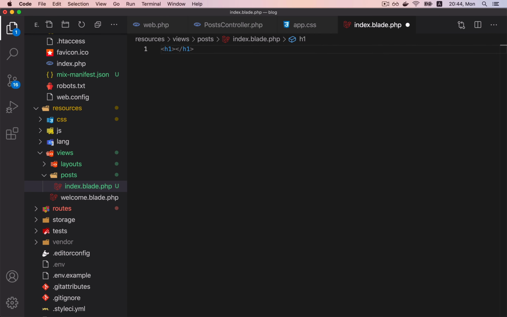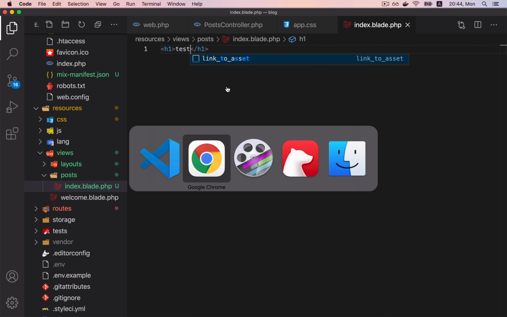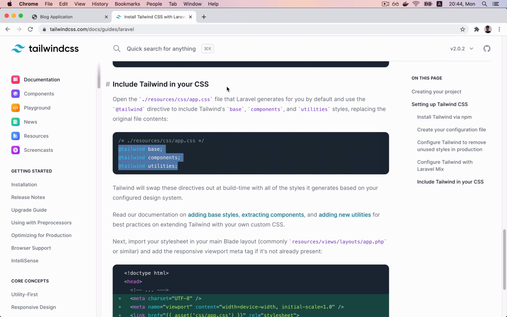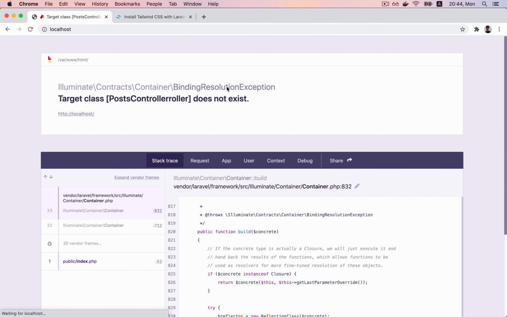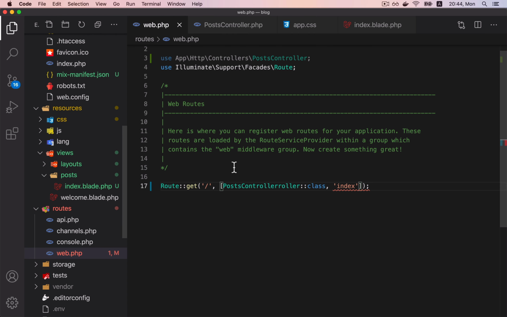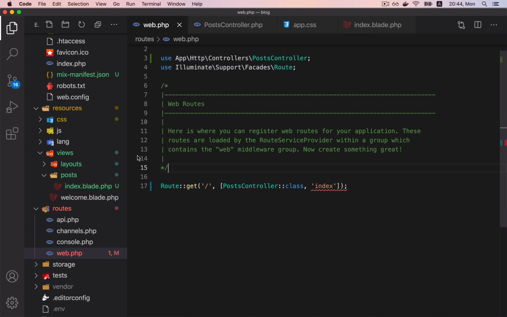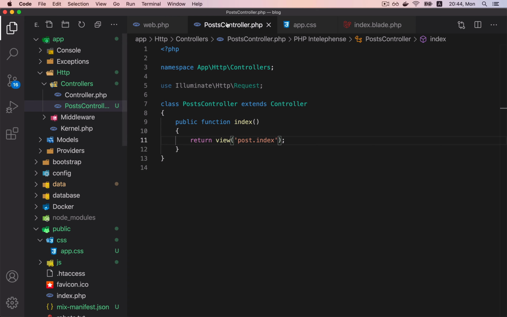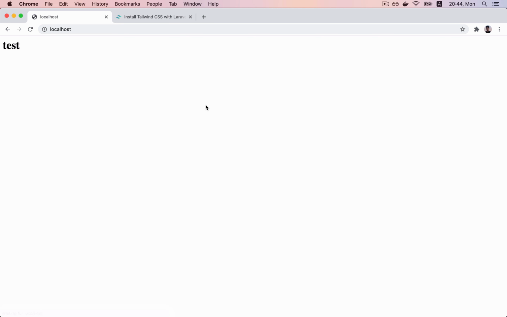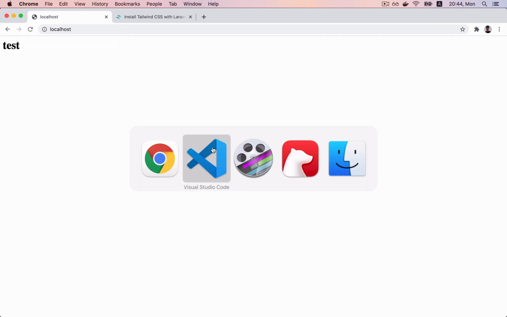and add the dummy header. So let's test it. Oh, I made a typo. So let's just copy this. So the view is not found. Posts. There should be post.index. Yeah, it's working. But we can see that the page does not have a page title, which we defined in